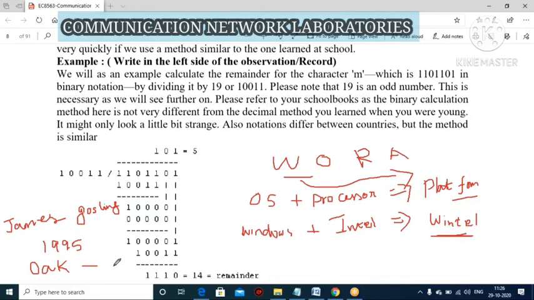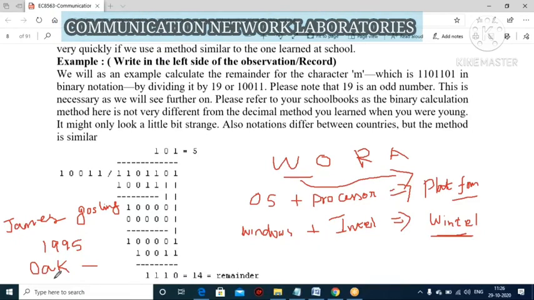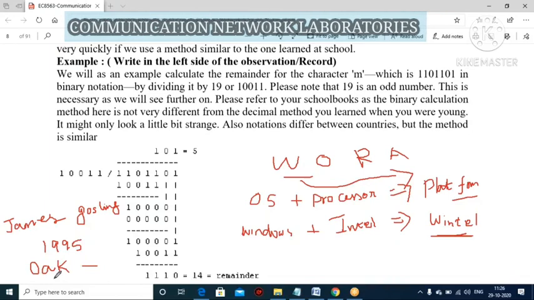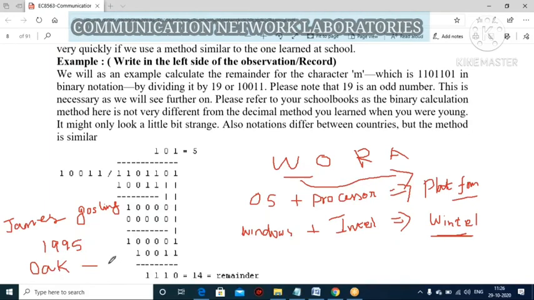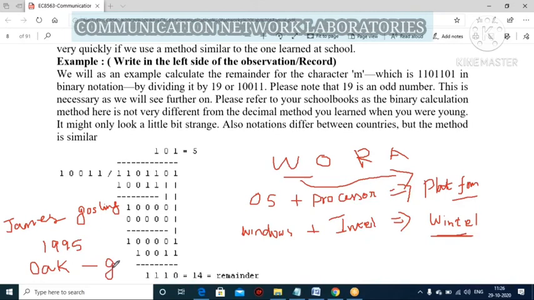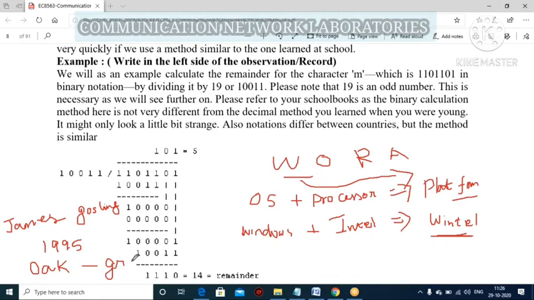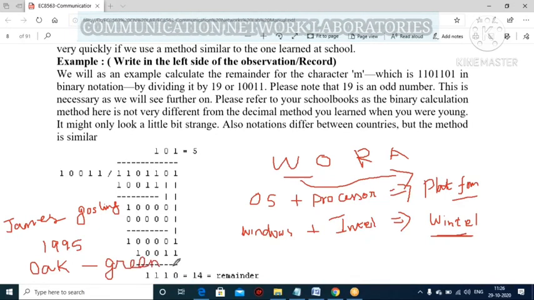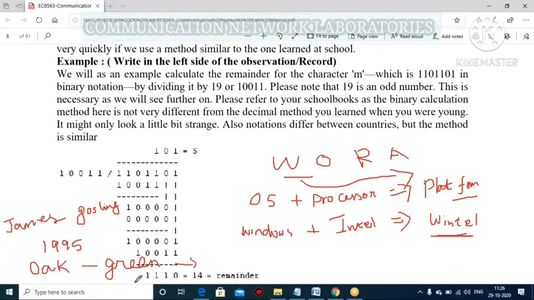He was not satisfied with it because oak is a kind of tree, no? And a tree's color is always green. So he decided to give the name Green for Java. With Green also he was not satisfied.